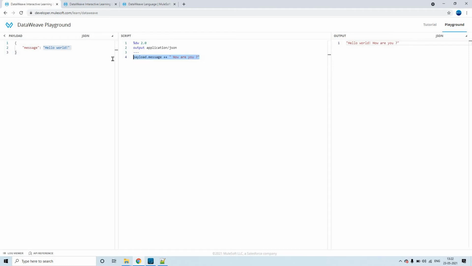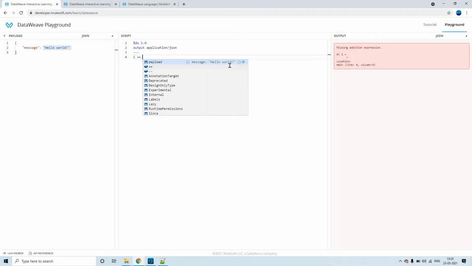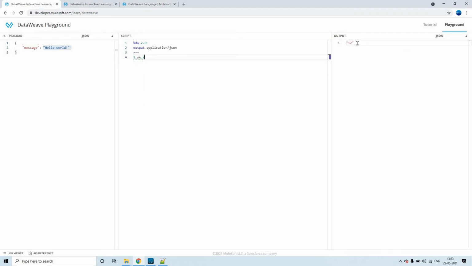For example, now I'll be concatenating two integers. What it results into is a string, because you're concatenating two integers. Generally we do addition of two integers, right? But when you concatenate two integers, it results into a string this way. If I keep 1 plus 2, it is an addition, so it will return an integer, that is 3. But when you concatenate these two things, it results into a string this way.